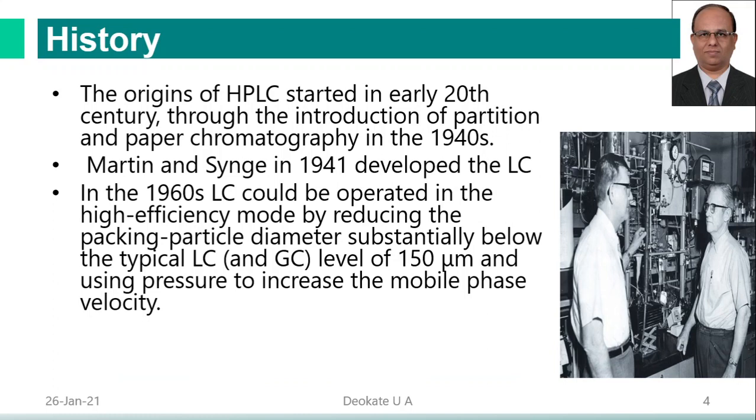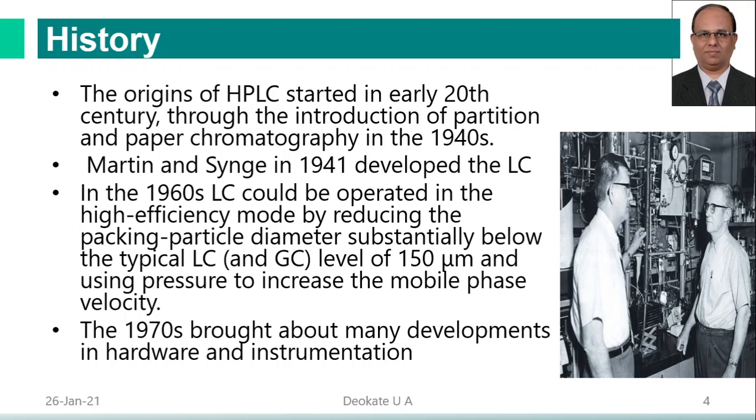In 1960, liquid chromatography could be operated in the high efficiency mode by reducing the packing particle diameter subsequently below the typical liquid chromatography, up to the level of 150 micrometer, and using pressure to increase the mobile phase velocity. In 1970 there were many developments in hardware and instrumentation. So the latest HPLC is in